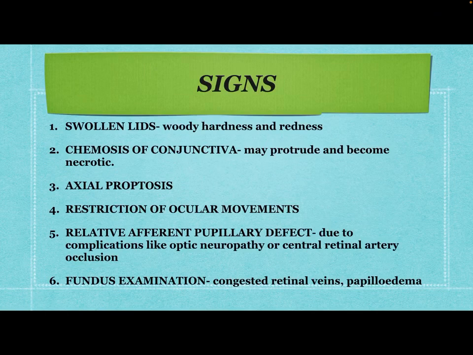But in a patient with orbital cellulitis, when you flash the light on the affected eye, the pupil will not constrict, and the opposite normal eye pupil will also not constrict. So this is relative afferent pupillary defect. Then when you shine it on the normal eye, that eye will constrict, but the affected eye will be non-responsive and will not constrict, even though the normal eye is constricting